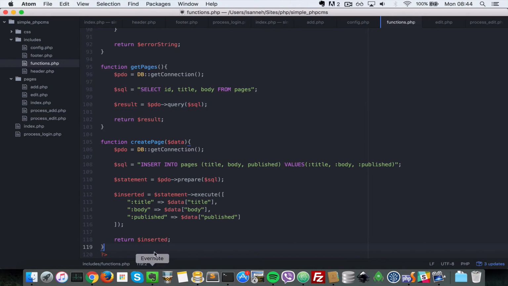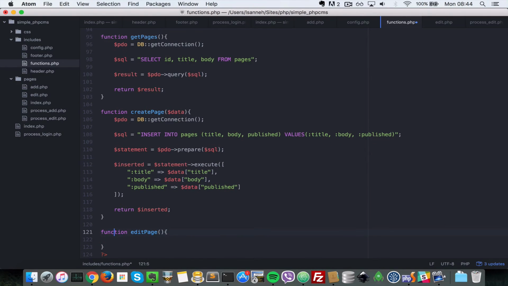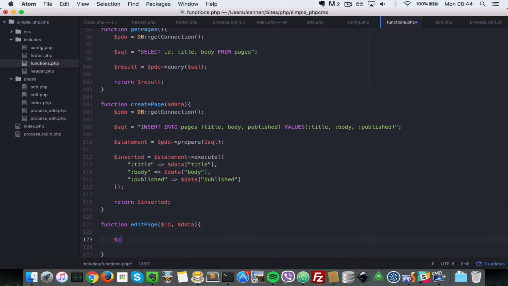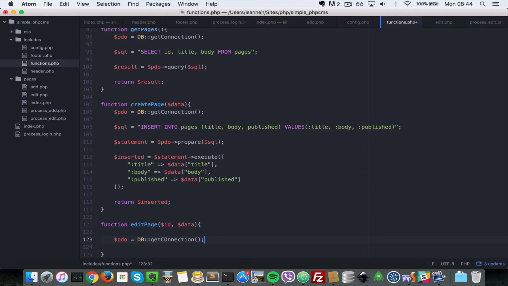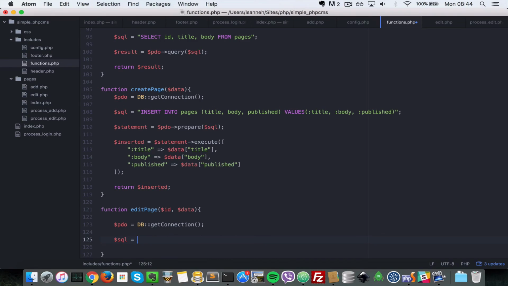So let's go to our functions.php now and implement the edit page function there. Okay, so right at the bottom of functions, let's say function edit page, and then let's do id and then data. And first we need to just grab the PDO equals to db get connection. Okay, it's gonna have to be a small o. So now that we've got the PDO, let's create a SQL string. SQL equal to update